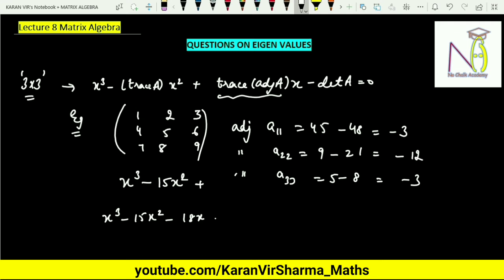Without wasting time, you can observe this very clearly. If you add the first row with the third row and divide it by 2, you get nothing but the second row. So you have got a row which is a linear combination of the other two rows. So this is a singular matrix, which means its determinant will be 0. So you have calculated the characteristic polynomial in very little time, rather than solving it for A minus lambda I and then taking the determinant equal to 0. That would be time consuming. I hope you have understood this question.